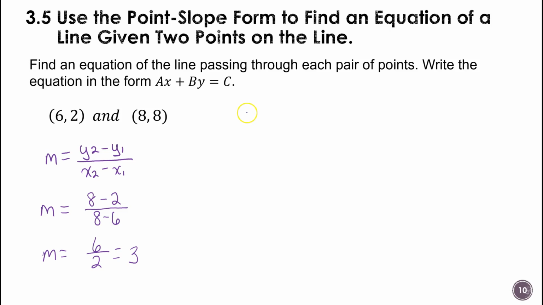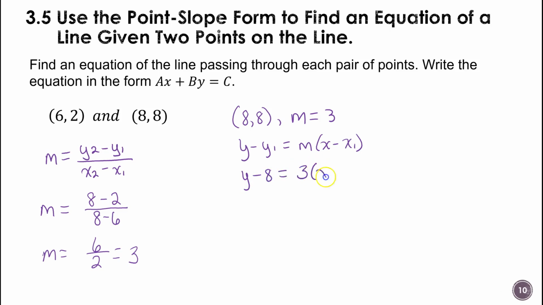So I'm going to use one of the ordered pairs. It really doesn't matter. Maybe you want to use the 8, 8. That way you can't get the x and the y backward because it's the same number, and slope of 3. All right, so now we're using this formula. The point slope, that's called point slope, and that actually says that in the heading up above. Use the point slope form to write an equation of a line given 2 points on the line, and so that's what we're doing. Now this is going to be y minus 8 equals 3 times x minus 8,